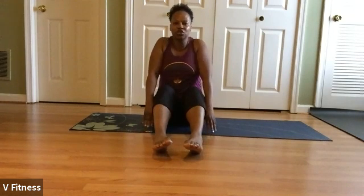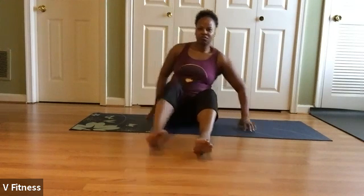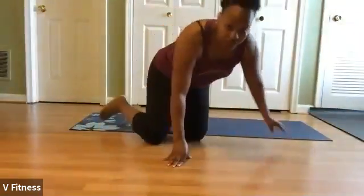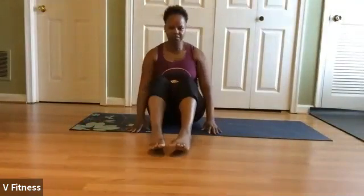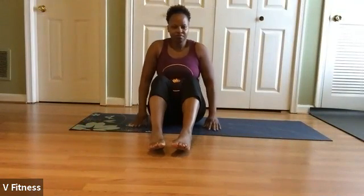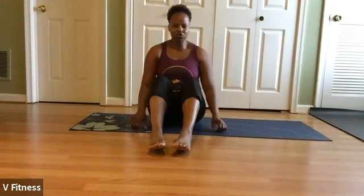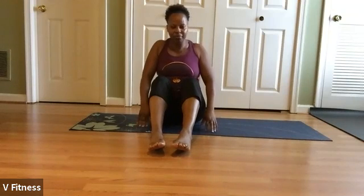We're just going to roll those shoulders all the way up and back. Keep going. I'm going to turn this music down just a tad. All right, reverse direction. All right, you're going to hold it to the center. Make sure those shoulders are down and back and tucked down. You put your hands either on your thighs or you can keep them at the side. But we're going to